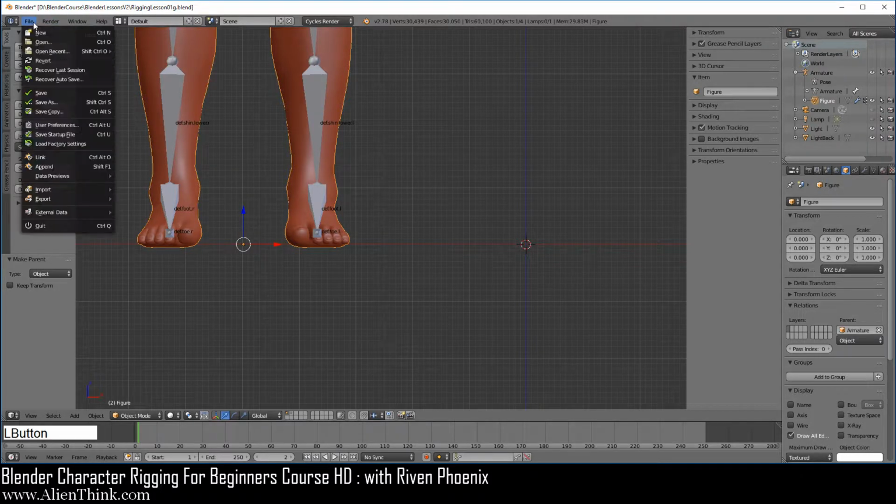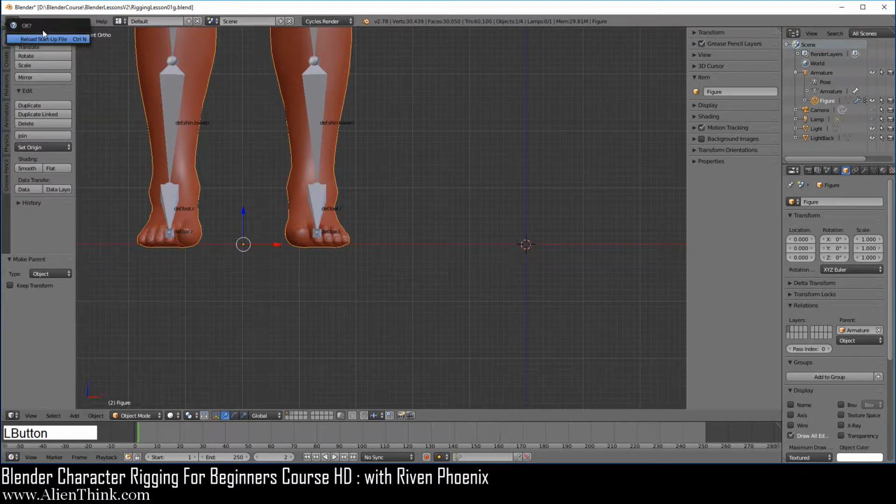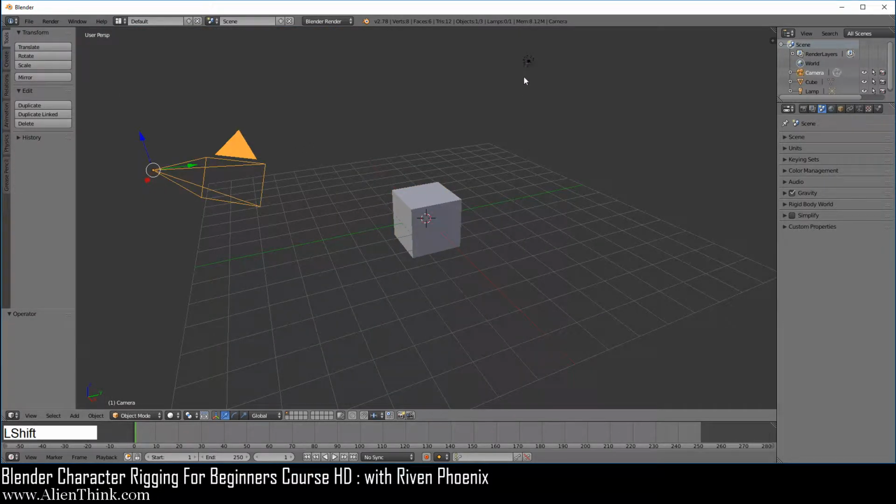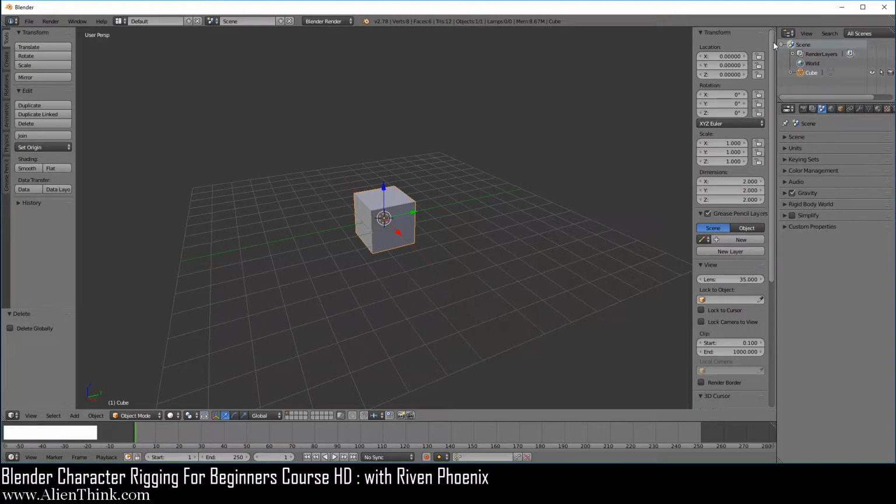Go ahead under File, do New, and then do Reload Startup File. Click on the camera, press the Shift key down and click on the lamp, X and delete. Go ahead and click on the cube and open up this panel over here.